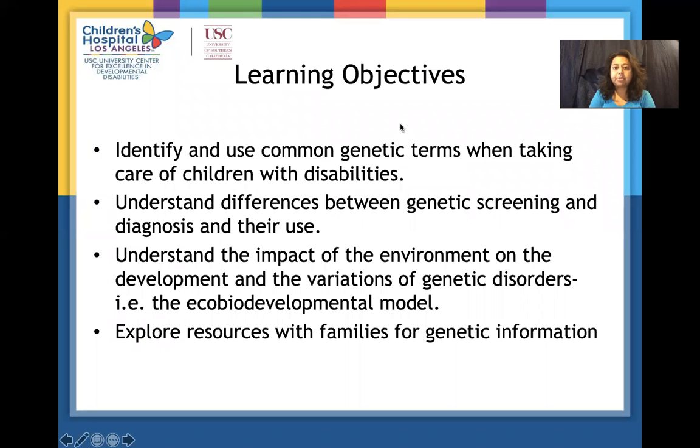So some of the learning objectives that I'm hoping you walk away from this presentation include identifying and using common genetic terms. So we're going to go through a fair amount of terminology. We're going to understand a little bit more of the differences between genetic screening and actually definitive diagnosis, have some more of an appreciation of the impact of the environment on the development and the variations of genetic disorders. So I am really working from the public health framework known as the eco-biodevelopmental model. And lastly, I will be introducing some resources that hopefully you can explore with families for more genetic information as